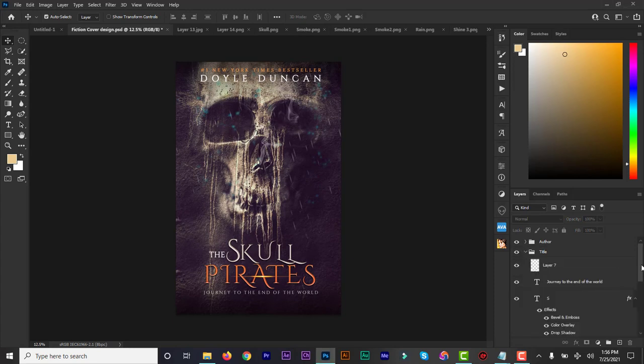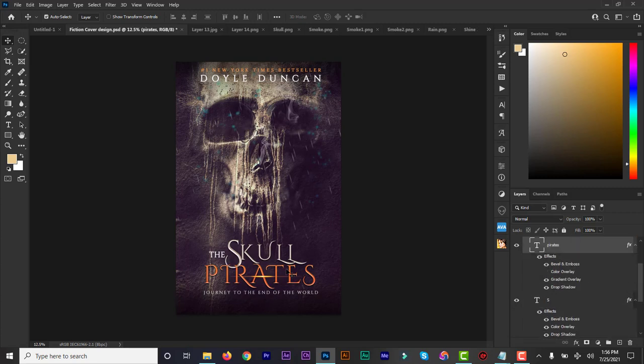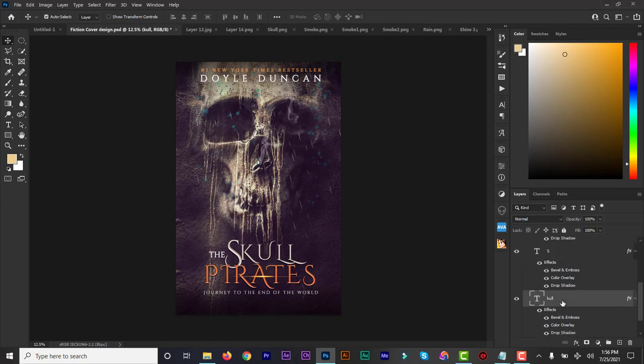So let's make some other adjustments. So the S, and then the pirates, let me drag that up. I want the S to actually touch the pirate and look like it's below the pirate. So the other one, I'm going to drag it to the right a bit, double click and see if